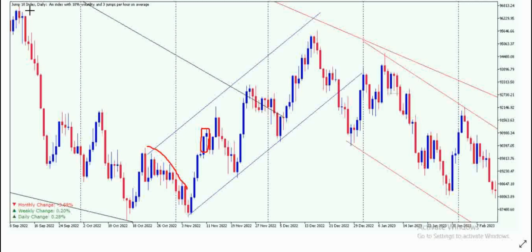Okay, so this chart here is on the daily time frame, and if you look at this here, I've always spoken to you about this. I like to see this on my chart because it gives me an idea of where I am. So this is simply a 1 month trading period. All right, so let's